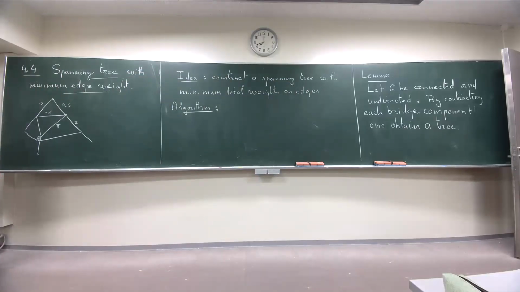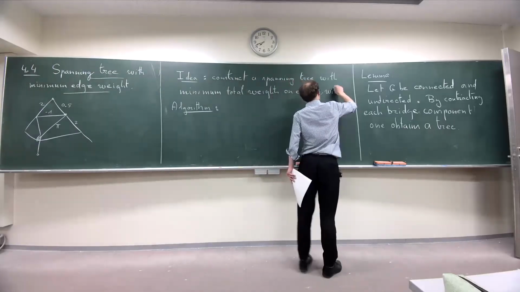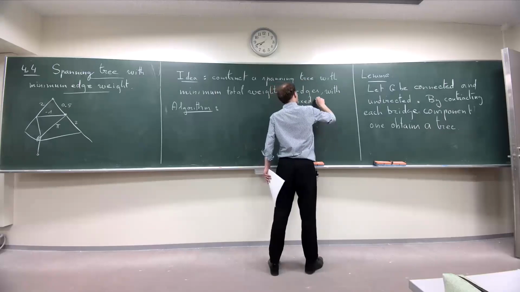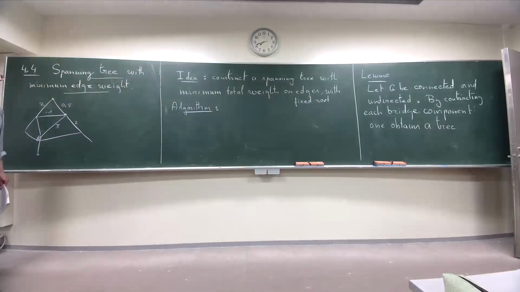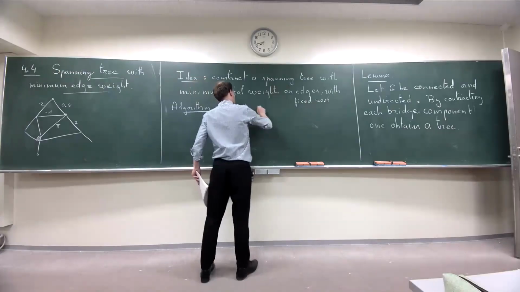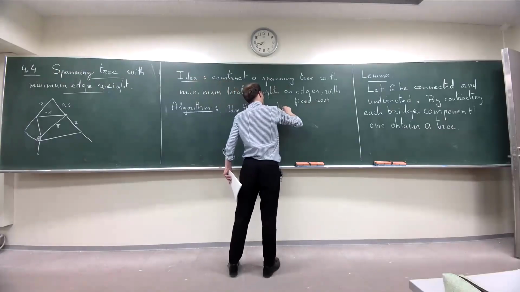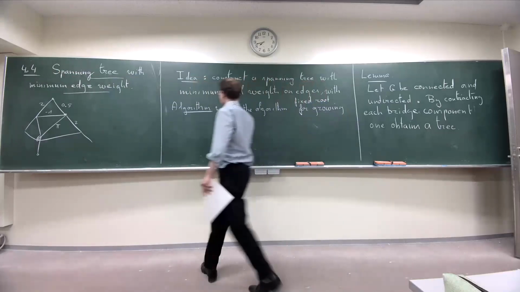What do I do if I want to construct such a tree? The root is always fixed. Yes, the initial point is always given. What you do when you construct this tree, whenever you choose an edge in the set of frontier edges, you choose the one with a minimal weight. So the algorithm is, use the algorithm for growing a tree, the one I introduced last week,